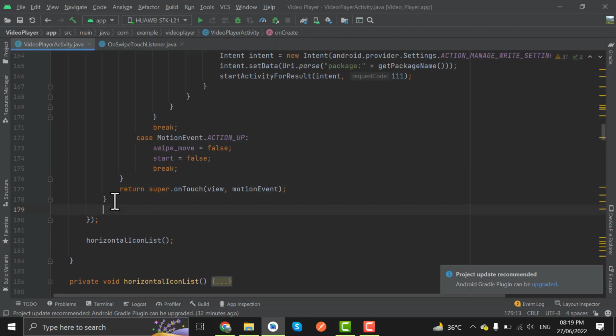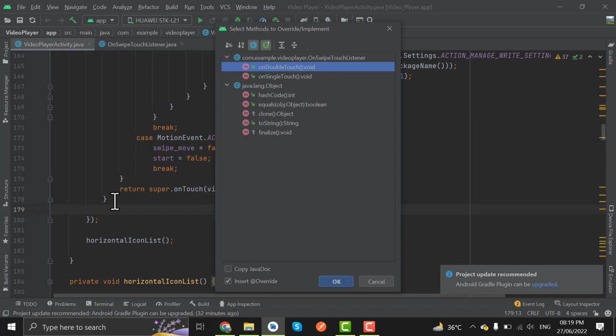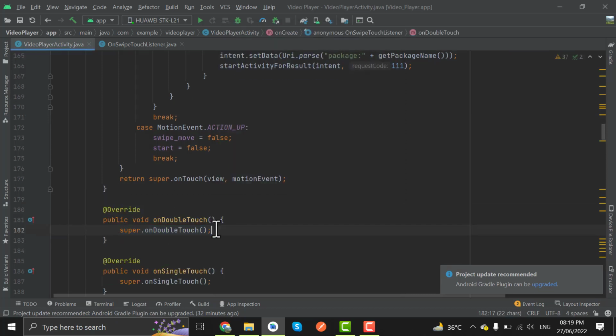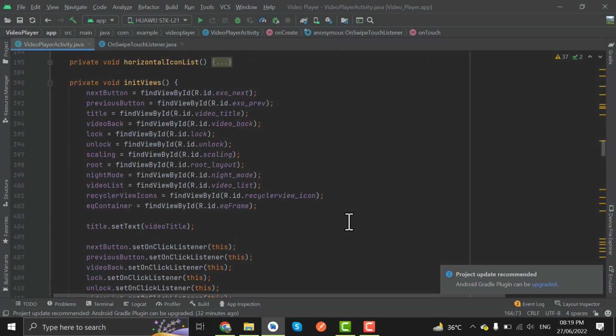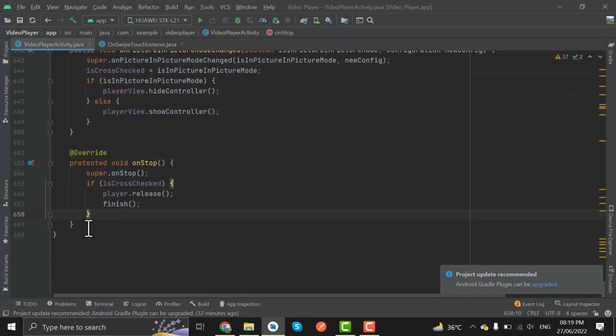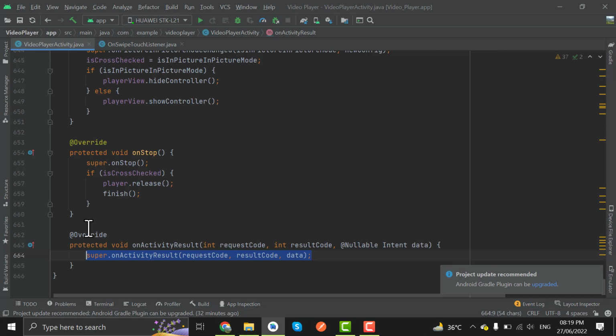and below here on touch method, alt insert, also we have to override the on double and on single methods here. Now we have used the request code 111 here, we will override the method on activity result for this code. Below here override the method on activity result. Below the supercall, if request code equals to 111 that we have used above,